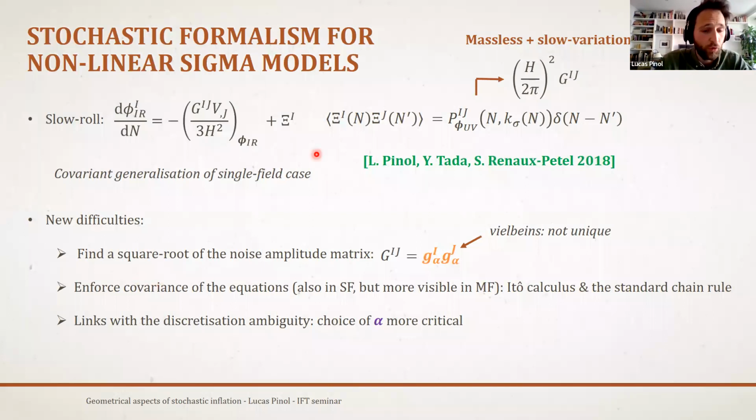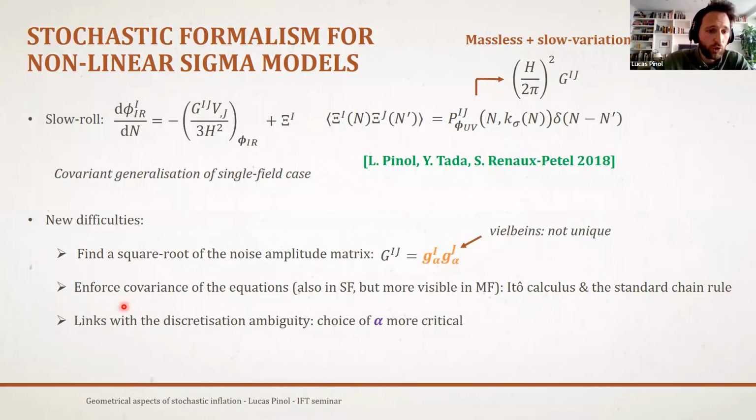So first, if you want to derive the Fokker-Planck equation, which is the one from which I derived all these interesting results in the previous case of single field inflation, you first need to get the noise term, its amplitude, and define this normalized centered Gaussian variable psi that I had previously. But here it is a bit more complicated because now you have to define the square root of the autocorrelation matrix. So you'll have to define the square root matrix. And as you know, square root matrices are not unique. So you'll have to find this square root matrix that we sometimes call vielbein, and I call small g here. But which square root matrix to choose? It should not matter that much, but we will see that it may not actually be the case.